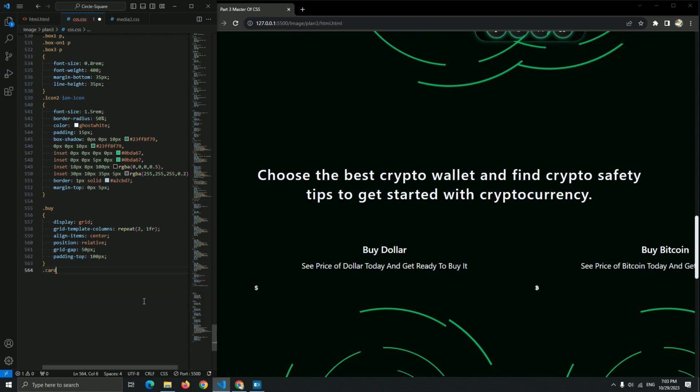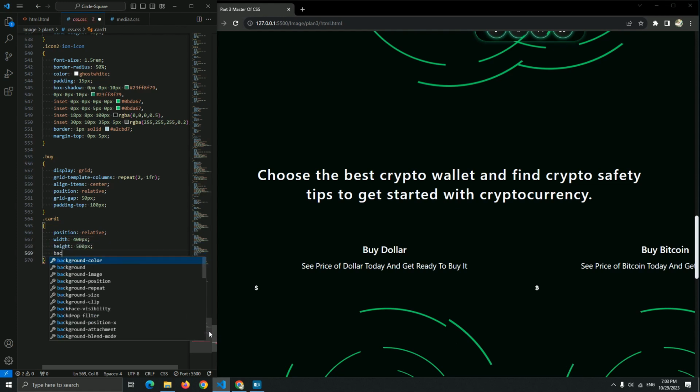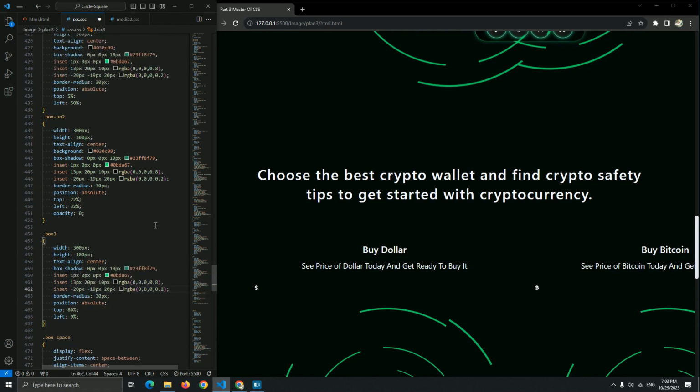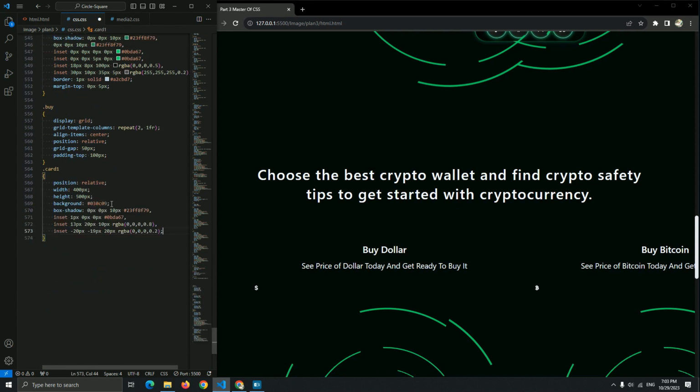So first, card 1, position relative, set the width 400 pixel and the height 500 pixel, and the background with the box shadow, and let me adjust black color for the box shadow. Yep, and with the background, so what happened, I'm sorry. Okay, let me copy, paste it here.